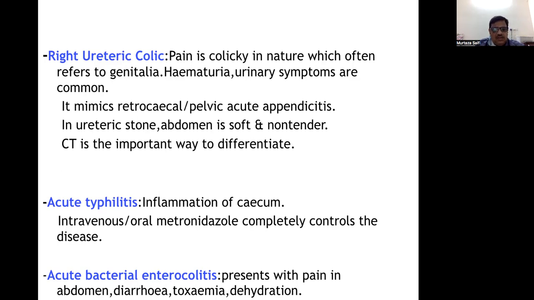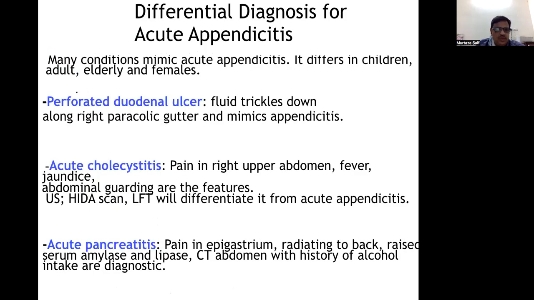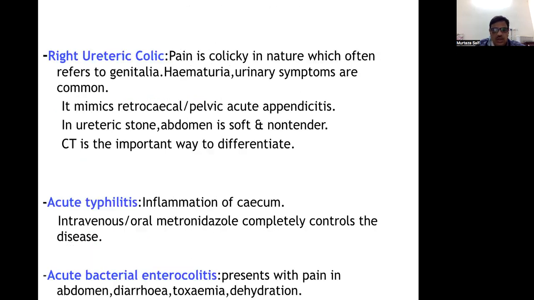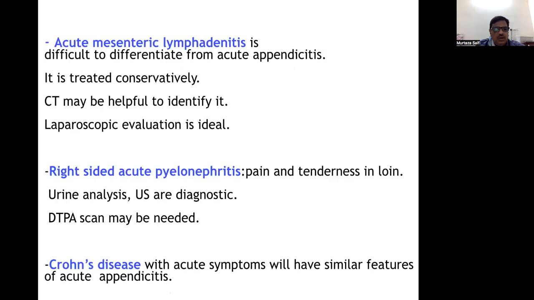Acute typhlitis, inflammation of the cecum. Intravenous or oral metronidazole completely controls the disease. Acute bacterial enterocolitis presents with pain in abdomen, diarrhea, toxemia, and dehydration. So this is also one of the differential diagnoses of acute appendicitis. So these are a few: perforated duodenal ulcer, acute cholecystitis, acute pancreatitis, ureteric stone, typhlitis, bacterial